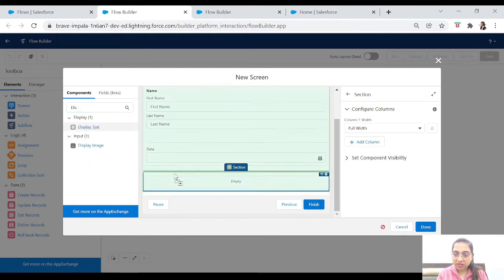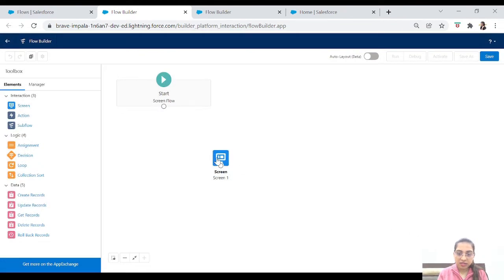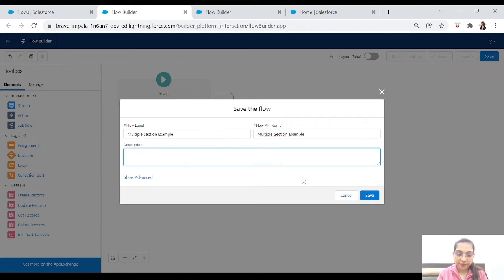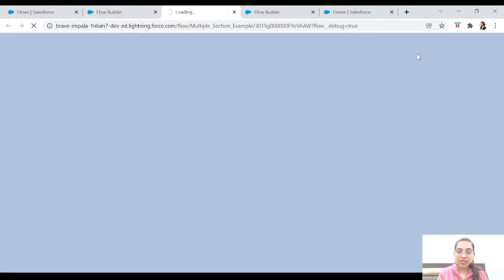Let's add a display text which will say empty section, and save it. This is the screen. Let's add it and save. Multiple section example. Save it, and let's debug it to see the output.